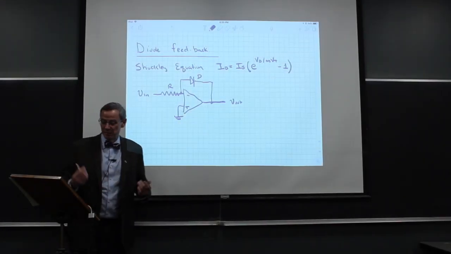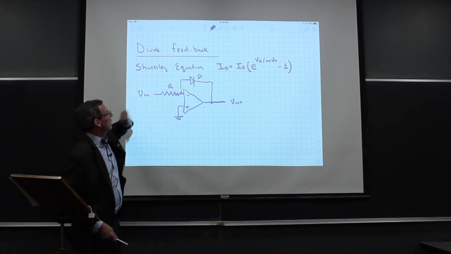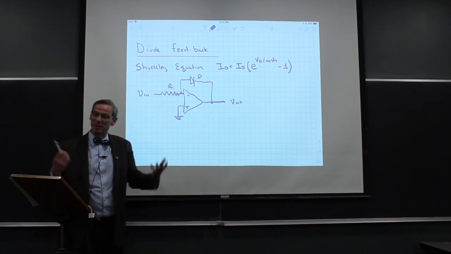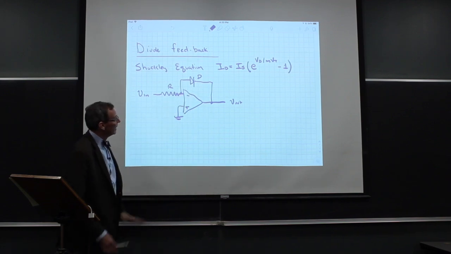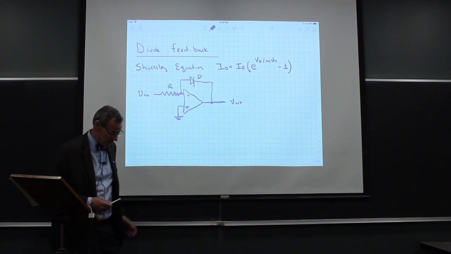Now we're going to do something kind of fun. We're going to do diode feedback. We can put anything we want in an op-amp circuit, so why not put a diode there, and let's see what happens. And the key thing we're going to need to know about a diode is we're going to have to